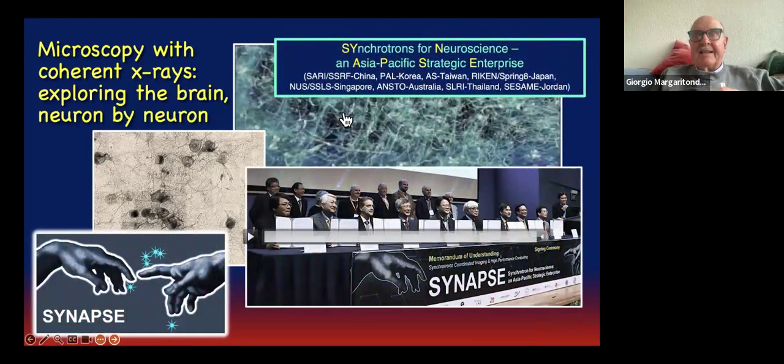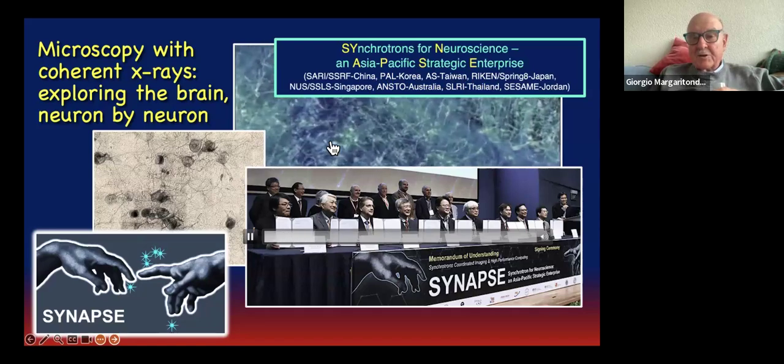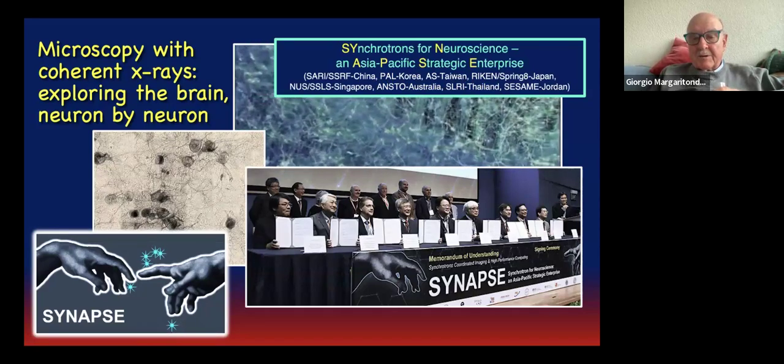The other example is the study of neurons in a brain. You can see here that with the resolution we get, it is possible to see not only the single neuron cells, but also the connection. And so this led us recently to a coalition of synchrotron radiation sources and high-performance computing centers, mostly in the Far East, but also in other regions. For example, Sesame is part of this coalition now. And the objective is rather ambitious. It is to explore